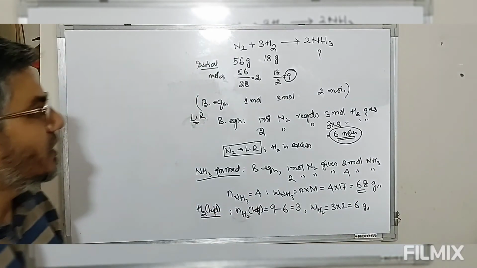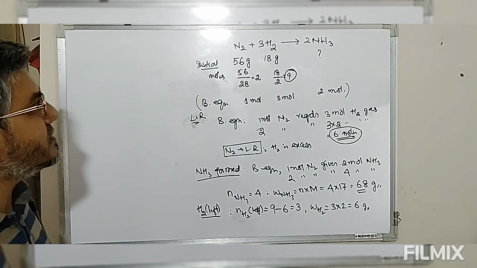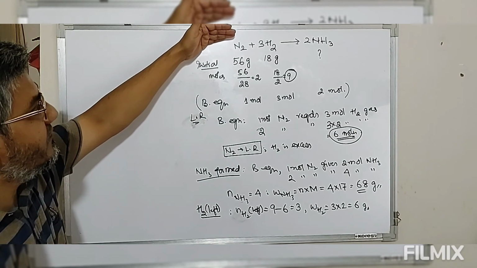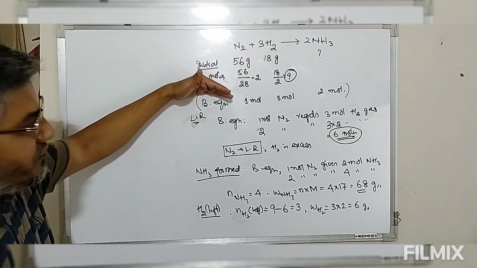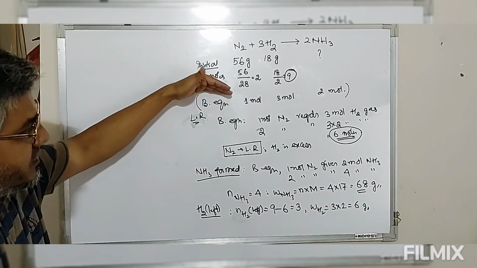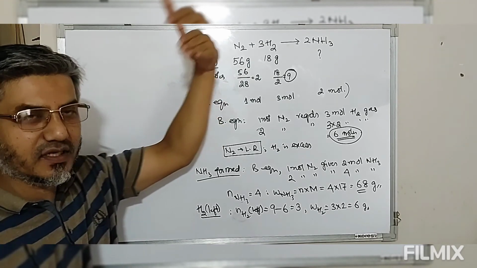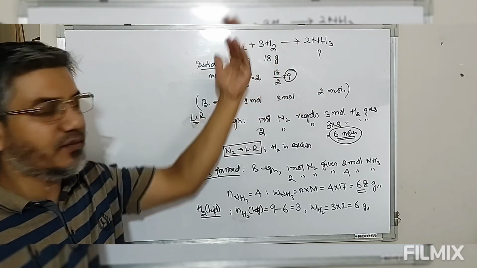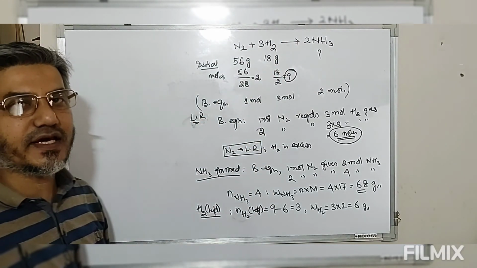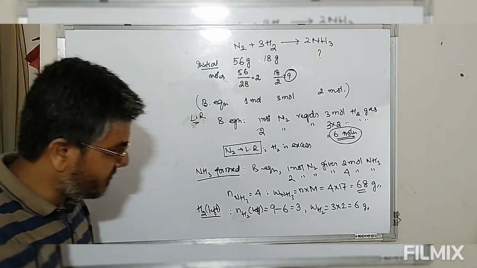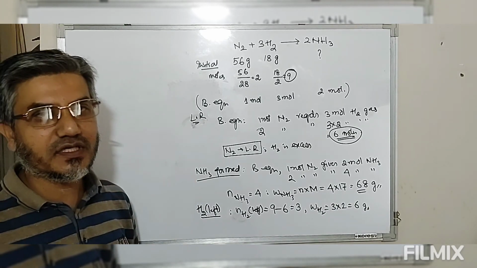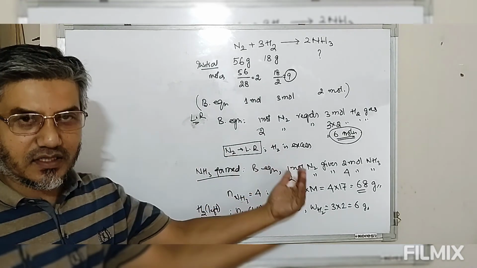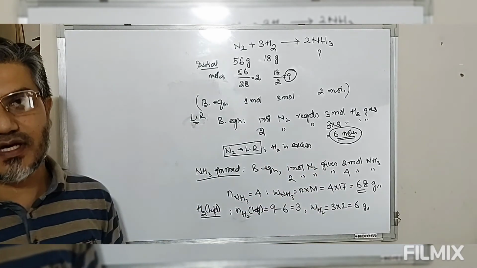So look at this, this reaction requires balancing of the reaction. After this we have to find the limiting reagent. Once we define this limiting reagent, we can define the product formed and the amount left unreacted, which is present in excess quantity. So this is an example of limiting reagent. So once we know the concept of limiting reagent, we can apply this in stoichiometric calculations.